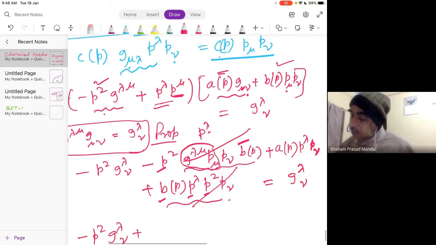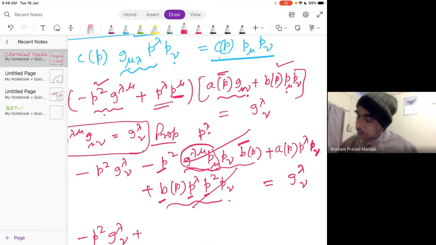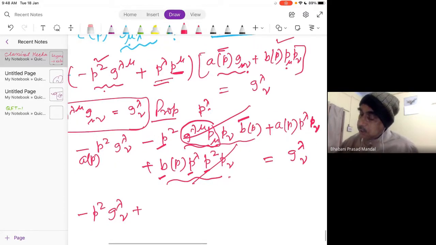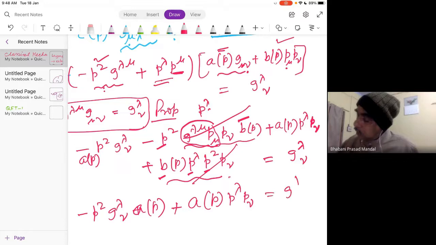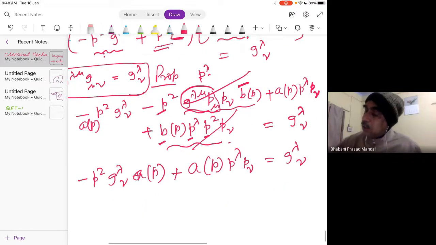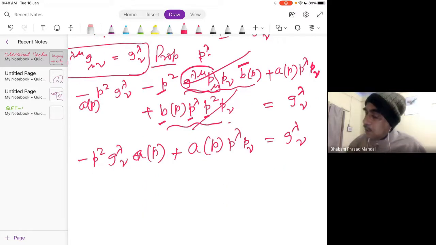Oh, there is something missing somewhere, no? This term has an a(p). First term, no? This multiplied, this a was missing. So a(p), and the last term was again a(p), p lambda p nu, equal to g lambda nu. So now let us compare left-hand side and right-hand side. So this term and this term can be compared coefficient-wise. So minus p square a(p)